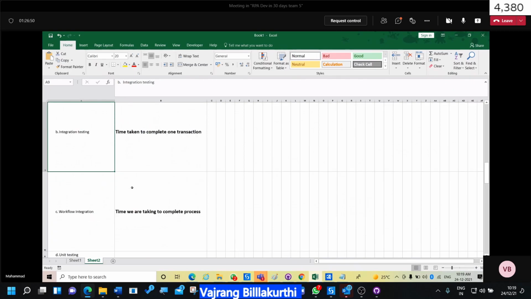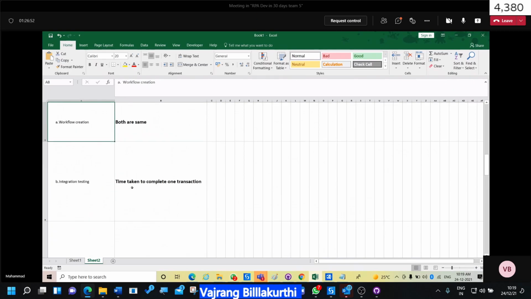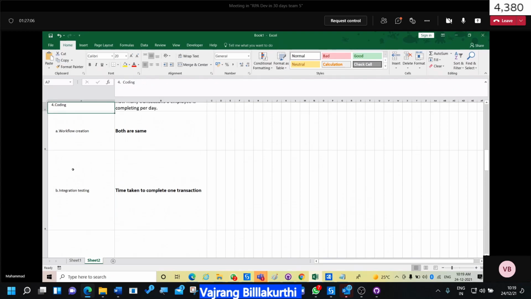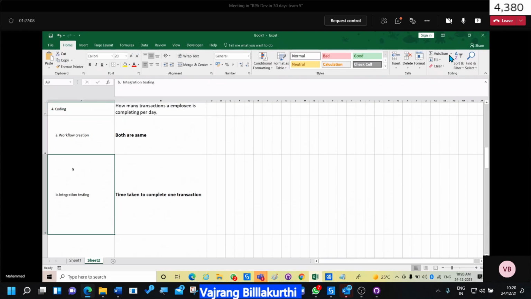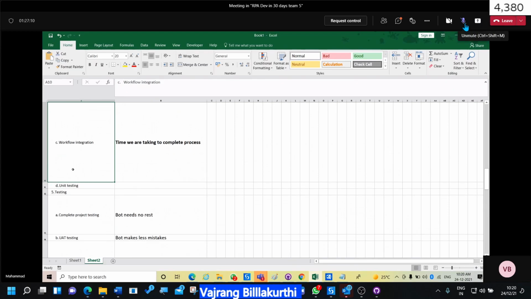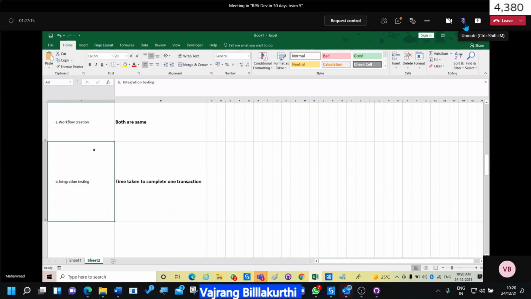That's what I am saying. Anyhow, before uploading or before giving it to someone, it is the developer's duty to check, right? Testing and all, right? You can create it, just create it. We'll see. But what should I create?